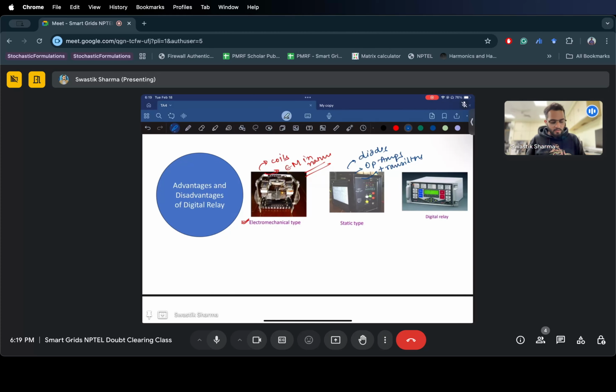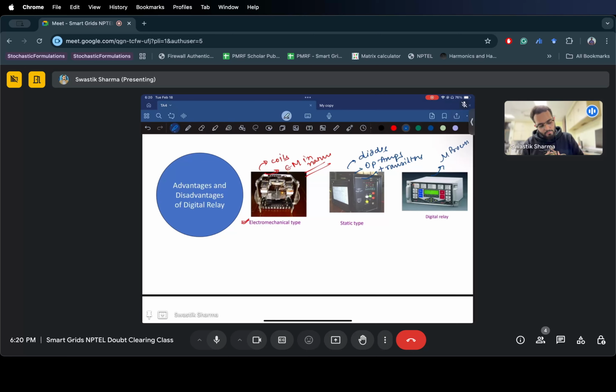These were a better alternative to your electromechanical type, because they didn't have any moving devices. For example, in the electromechanical type there was a spring which sprung into action once the armature current reached a particular threshold. But in static relays, it was just op amps, used to derive quantities which would send signals to your devices for tripping or not. Then we shifted to digital relays, which consist of microprocessors,